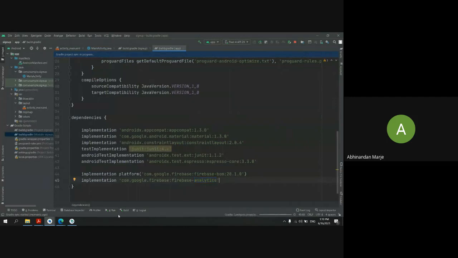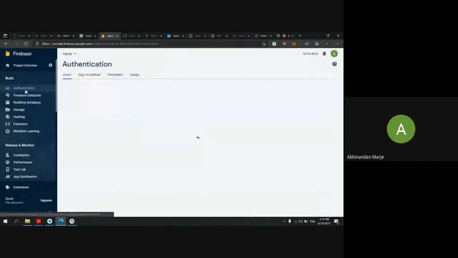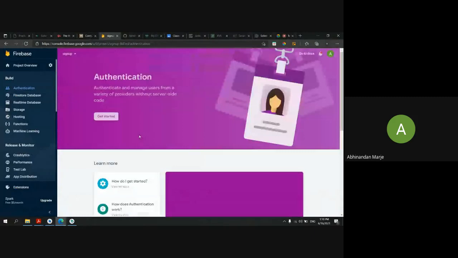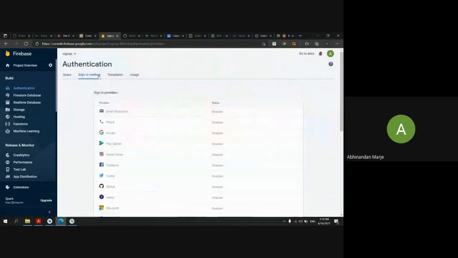Now in today's task, we are going to add some authentication, where we will add some users from our project. So go to the authentication tab and click on get started. You can see the sign-in methods, how you want your users to sign in.